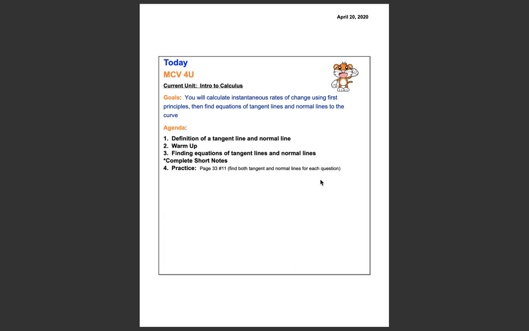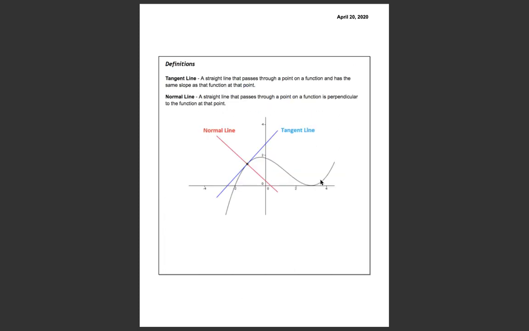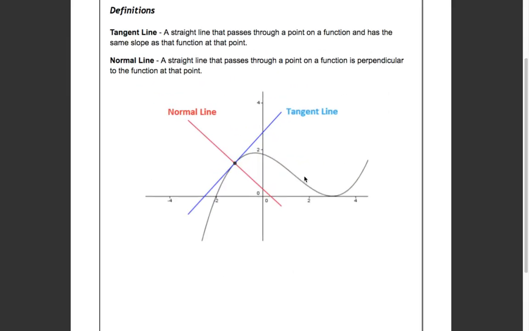Okay, so a quick recap before we begin. Tangent lines. If we have a curve, so let's just say that this black curve here is called f at x, then we know that the tangent line is a straight line that passes through a point on the function f at x and has the same slope as the function at that point. So if I choose this point right here and I want to draw my tangent line, it's going to touch it just at that point, and the slope of the function at that point is the same as the slope